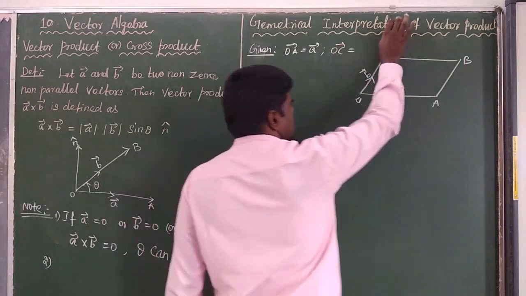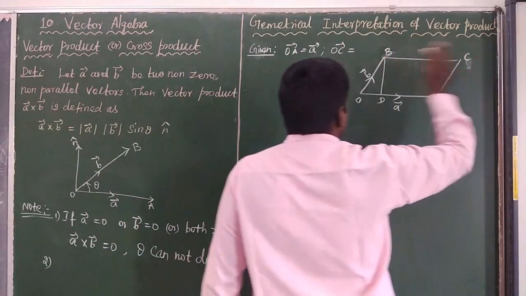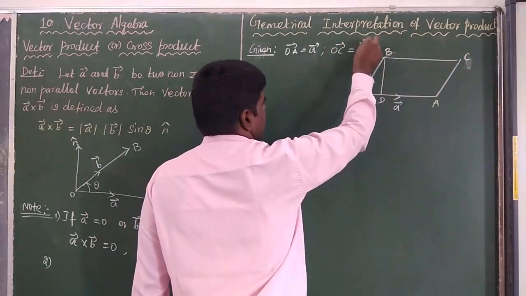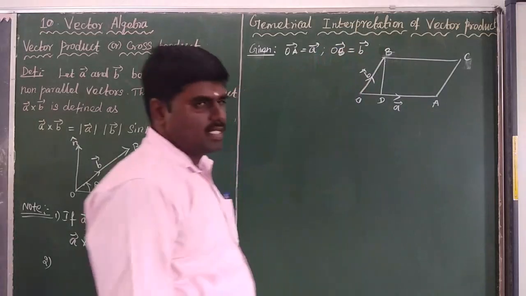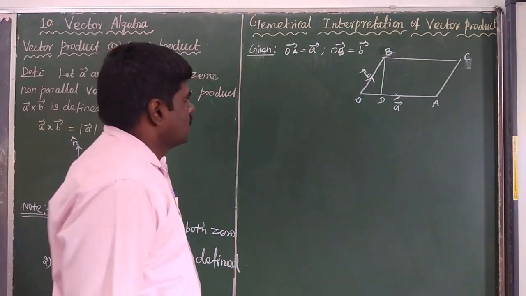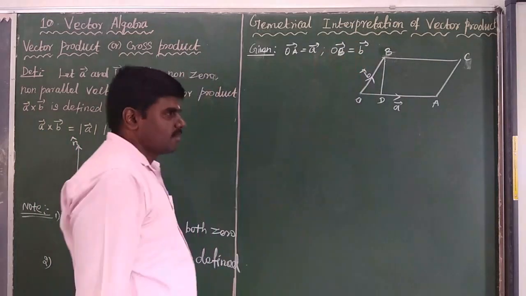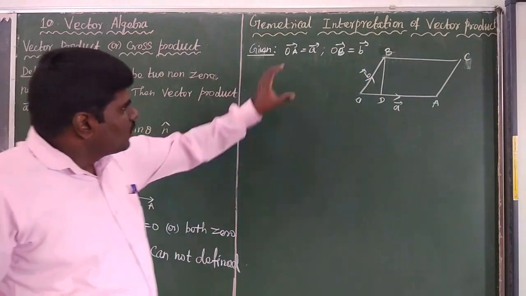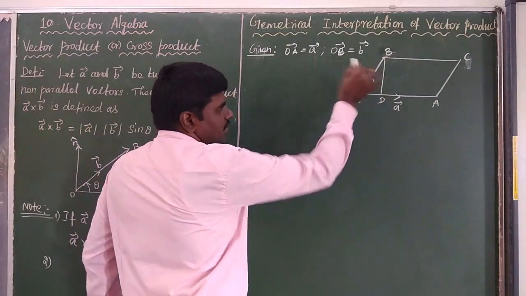Sometimes the notation is based on the B vector or C vector. It's no problem. OB vector is equal to D vector. Okay, OB vector is equal to D vector. So the notation is based on the notation purpose. Otherwise, OC is equal to C vector. Choose either, no problem, both work the same way. Here, we will find out the A vector and D vector.